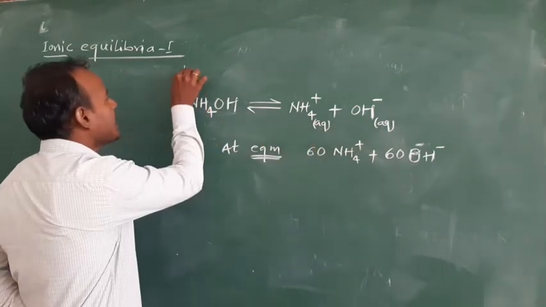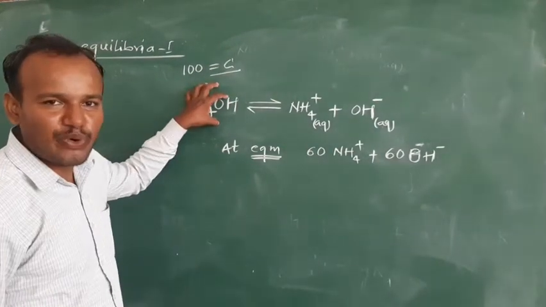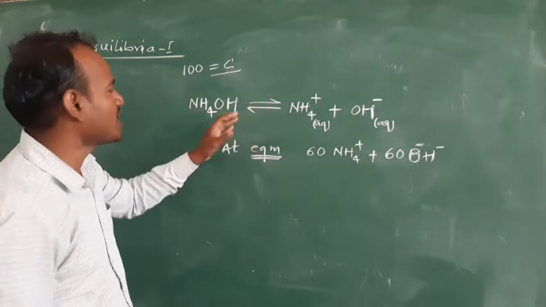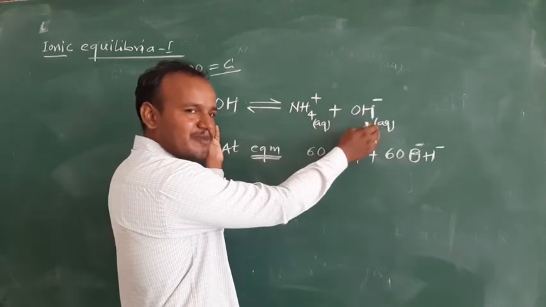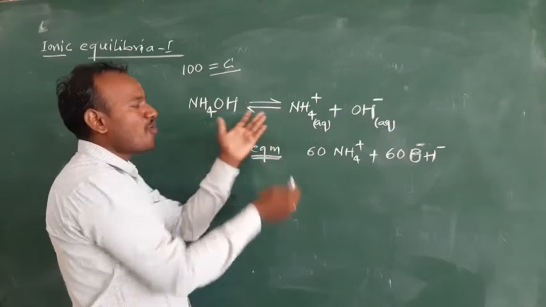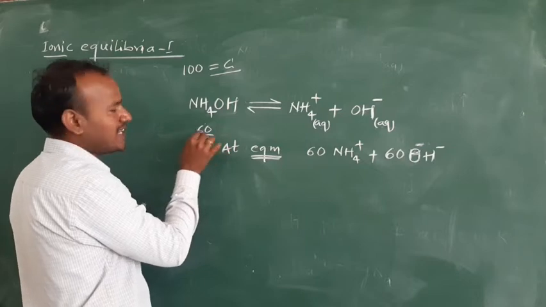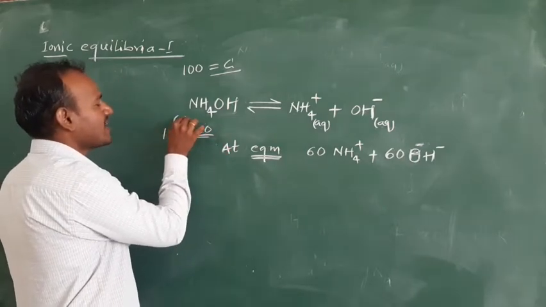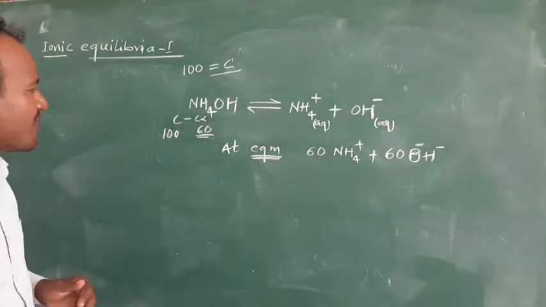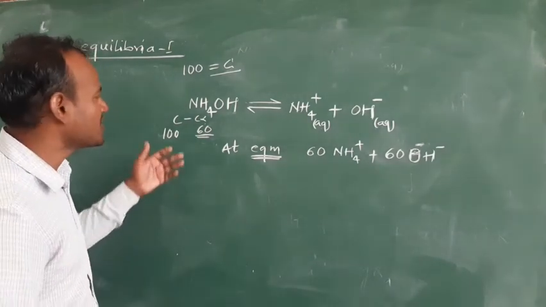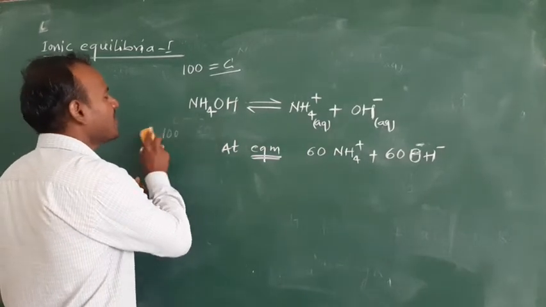Say for example, initially there are 100 NH4OH molecules. This is the initial concentration, you can say. Among 100 NH4OH molecules, if one NH4OH is dissociated, you will end up with one NH4 plus and one OH minus ion. Out of 100, how many would get dissociated? Say 60 would be dissociated. How much would be left? It is C minus C alpha, which we studied in the previous section. C minus C alpha is the amount which is undissociated. So at equilibrium, out of 100 molecules 60 will be dissociated, and I am left with hardly 40.